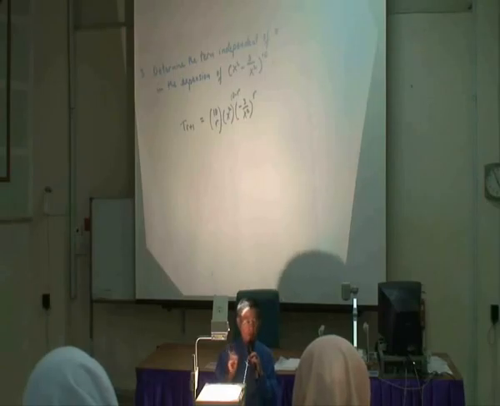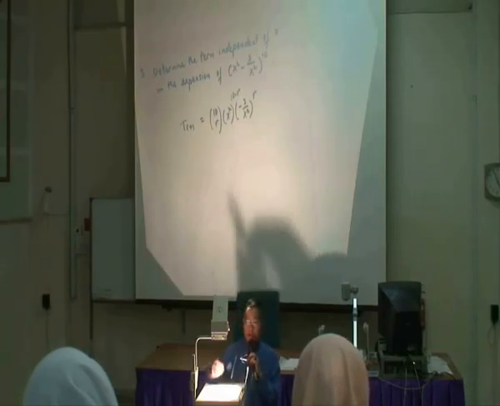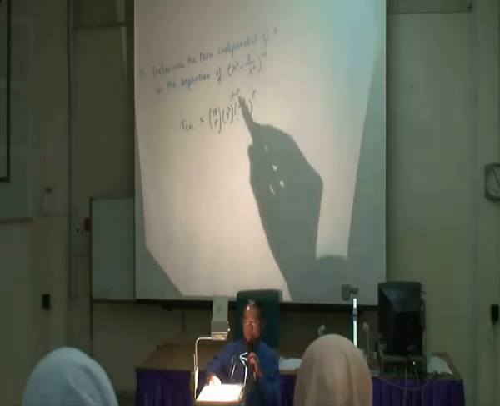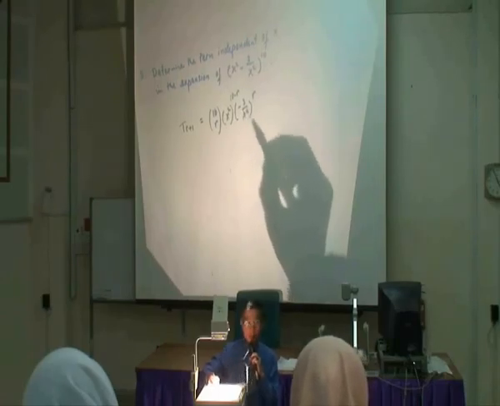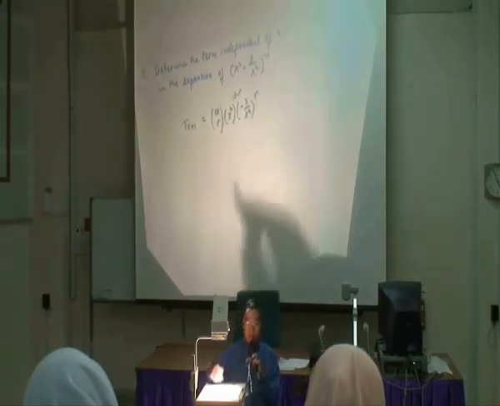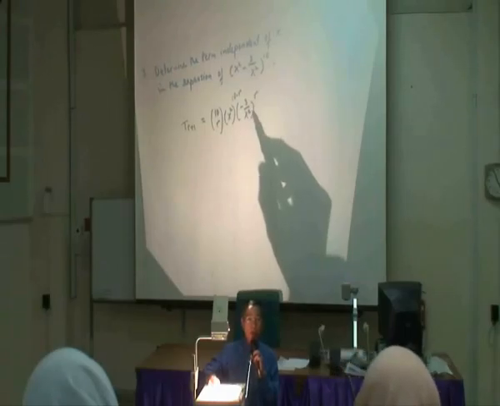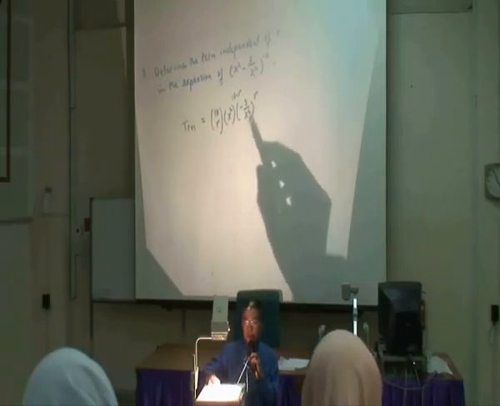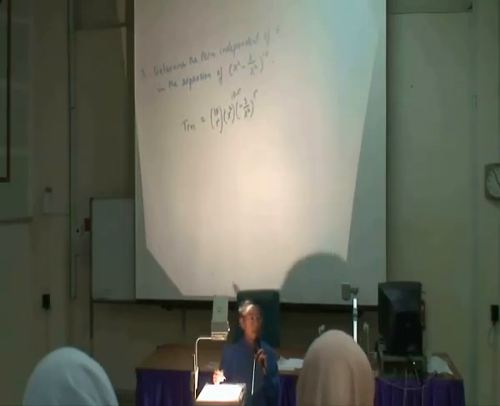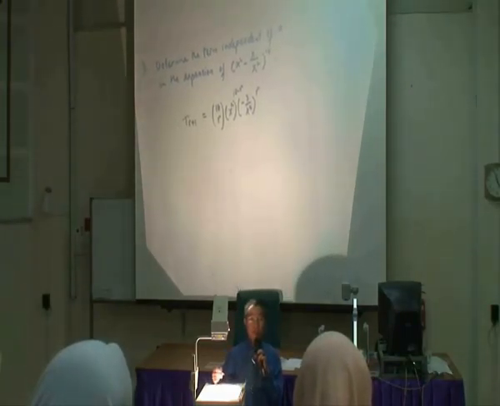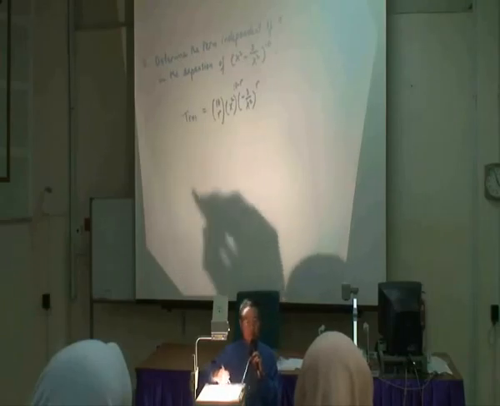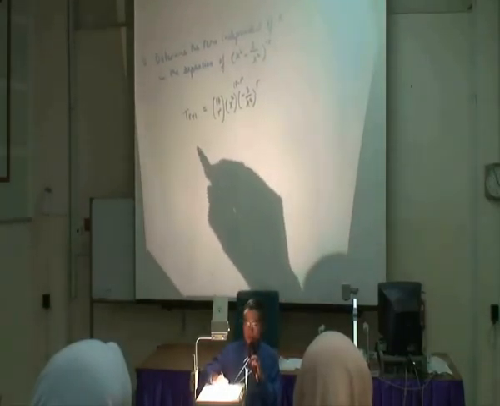So if this is the term which is independent of x, right? Then x to this power must be equal to the x term in the denominator, that is x to the power 2r, alright? Must be equal so that you cancel off the x, alright? To get the constant term, alright? Is it clear? So if this is the term independent of x,